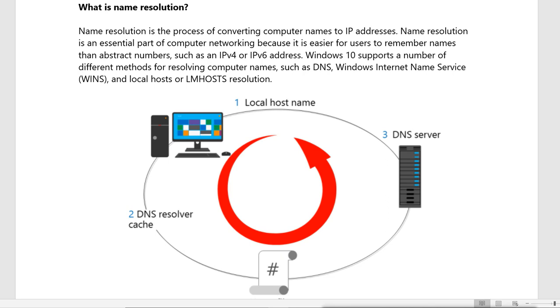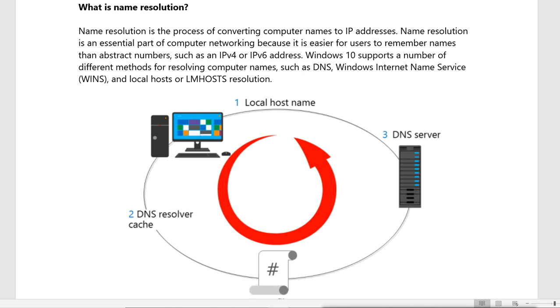So what we need is to convert the name to an IP. When I access a machine with the name, my machine will learn the IP of that machine. The process of knowing the IP is called name resolution. We can say it is converting the name to an IP address.